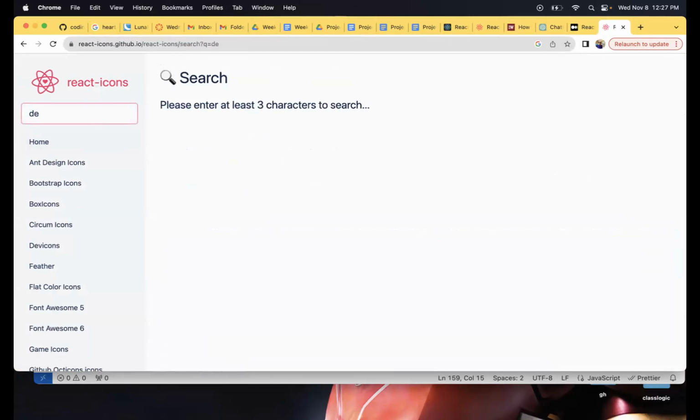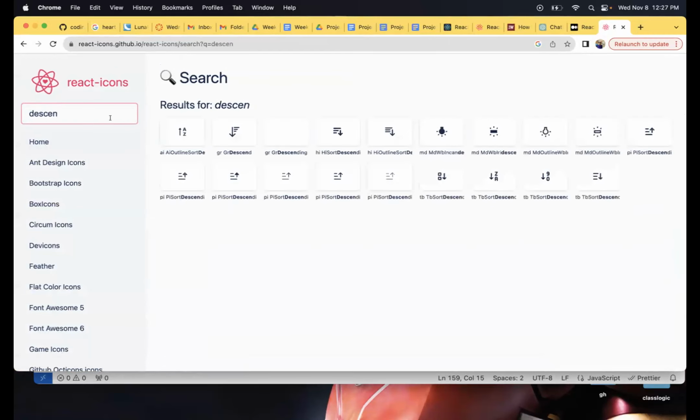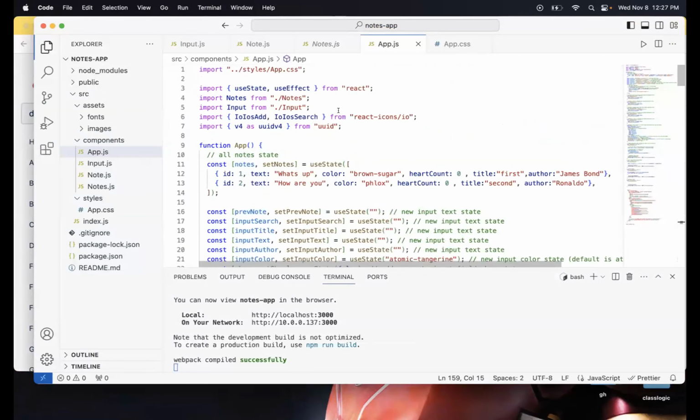Since I'm doing descending, okay, I think this is nice. Let me just copy this. But before I set that icon as a value, I have to import it as well. So why not do this?